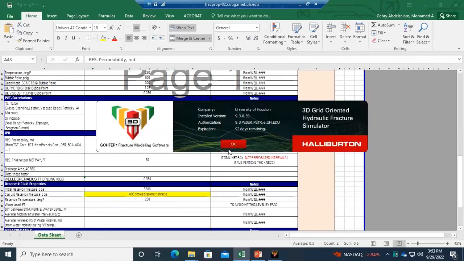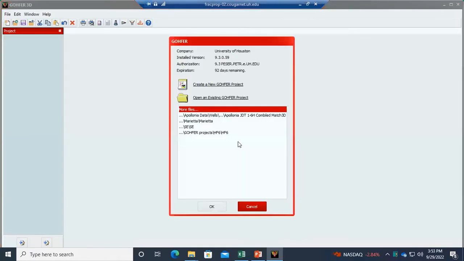When you start GOHFER, it is provided with a time limited license. Based on your license, you can simply start GOHFER, and the first window asks you if you have any projects that you created before or not. If you have any project to review, you can